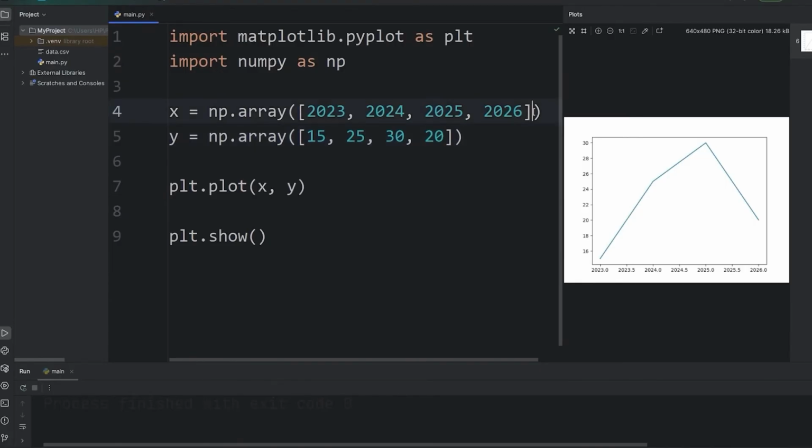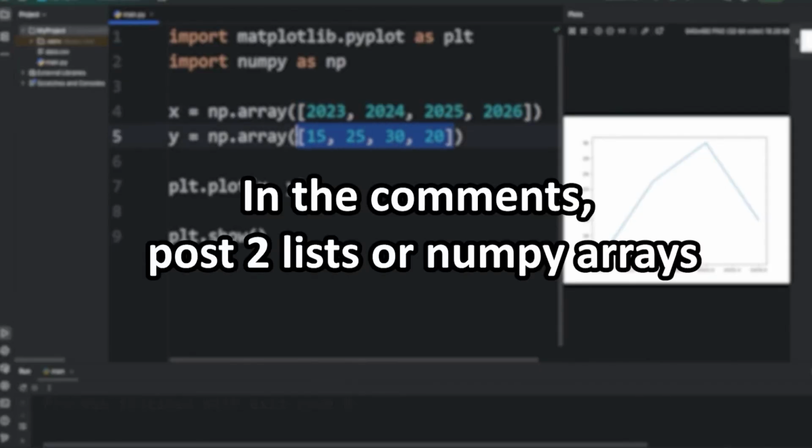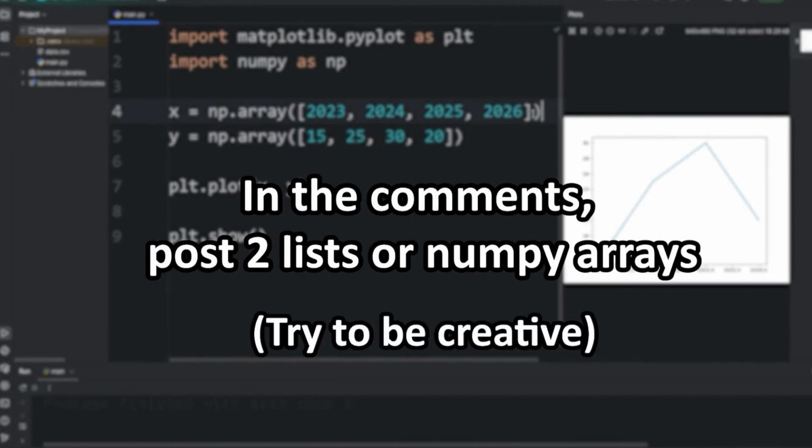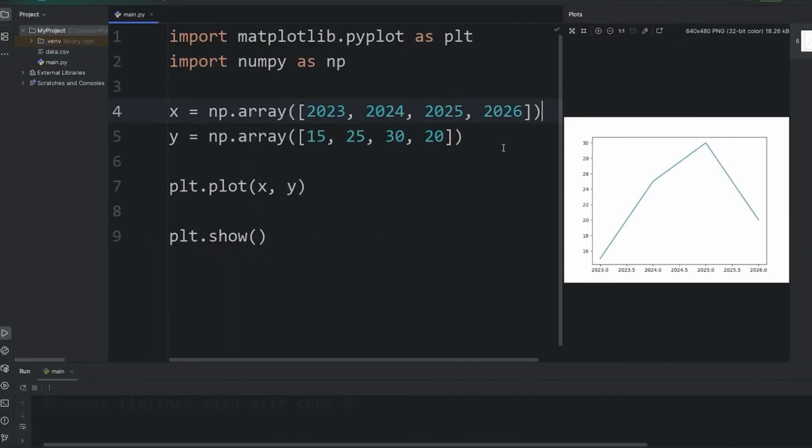Your homework is in the comments section. Either post 2 lists or 2 NumPy arrays. Try and think of something creative if you can. Alright everybody, and that is an introduction to creating basic